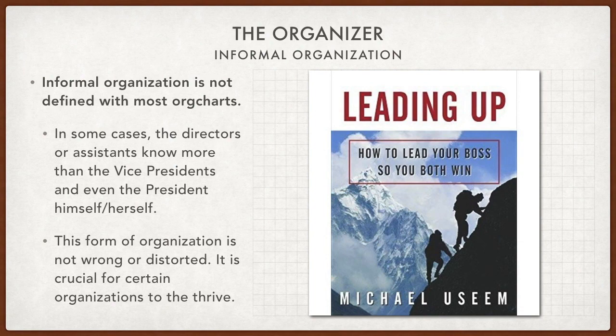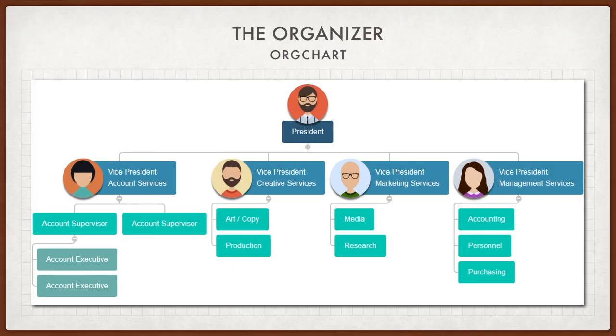And so there are some things involved in informal organization that are just as vital to a more formal, traditional model of organization. Let me show you an org chart here to help you see what's going on. You see the president who's above everybody. You see the 4 vice presidents underneath. And then underneath those vice presidents, you see supervisors, maybe directors. You have executives that are working in certain areas, and they all come under. So that's a good org chart to know who's where.